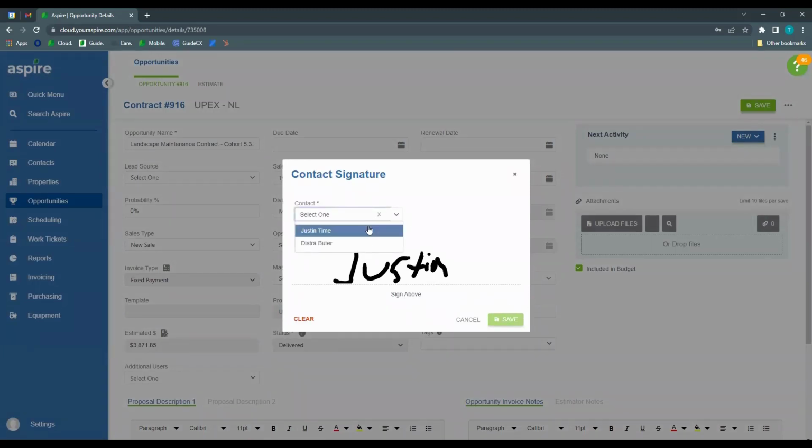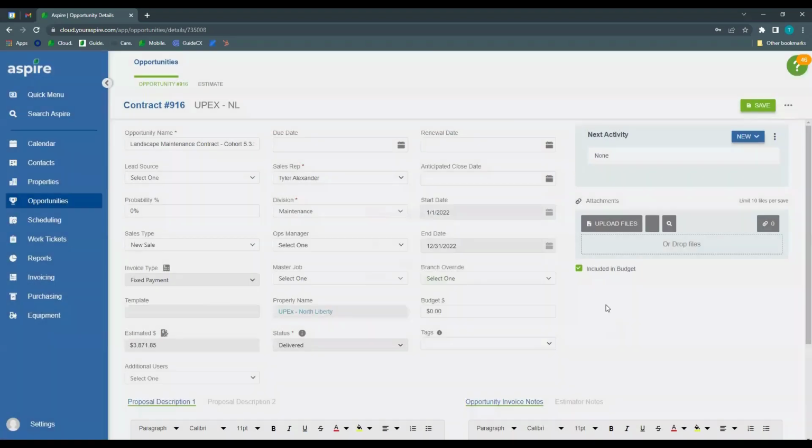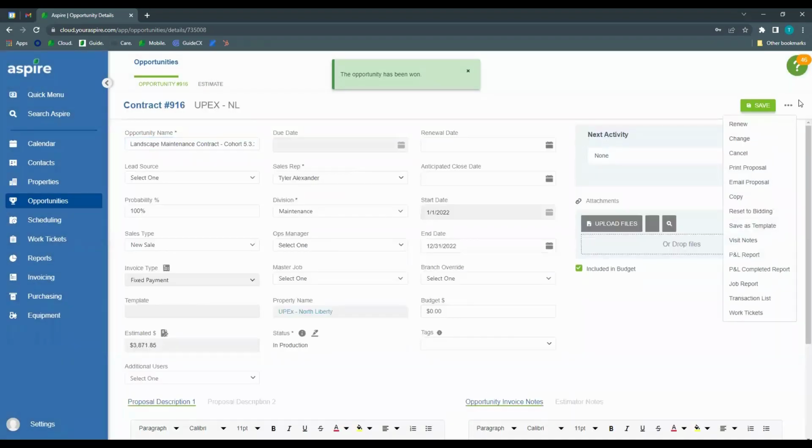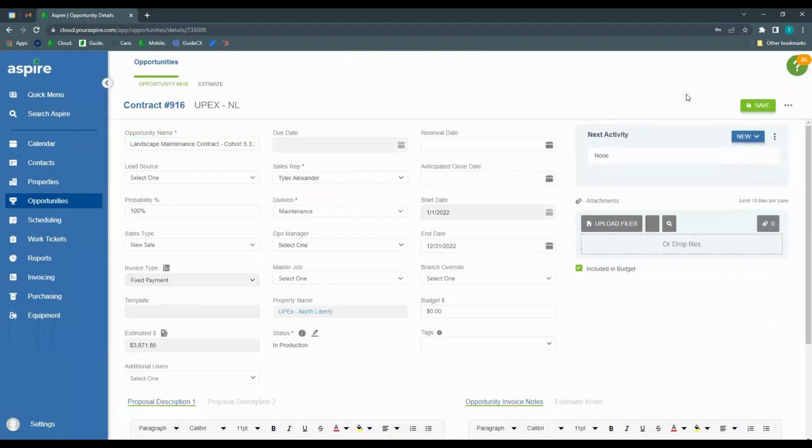And you'd click save. When that happens, we won it. So it's approved by the customer, and that's what we call winning an opportunity. And so you notice one of our options up here was sign in one. So I did sign in one just so I could show you that if a customer did sign it,